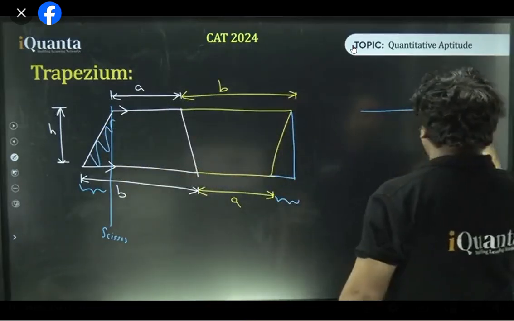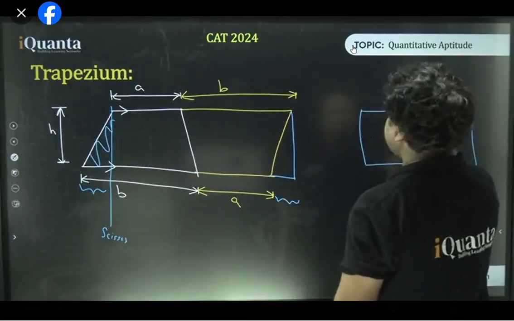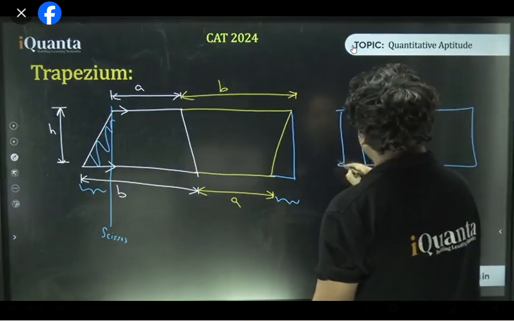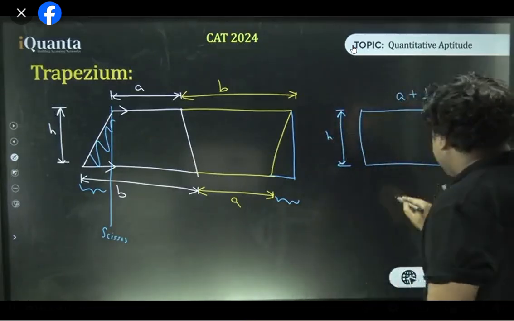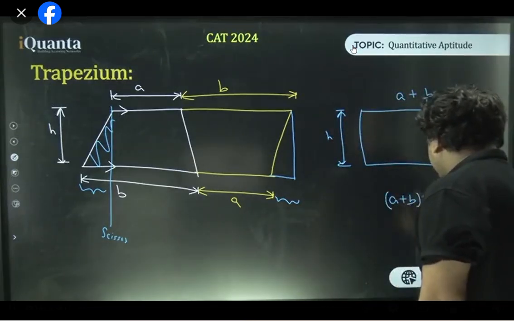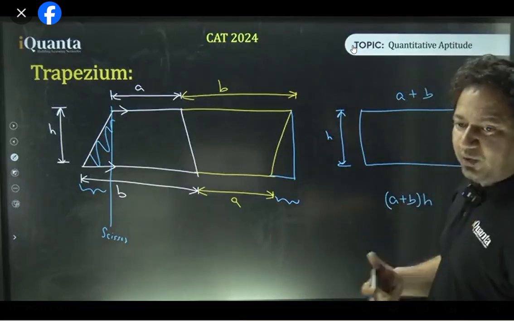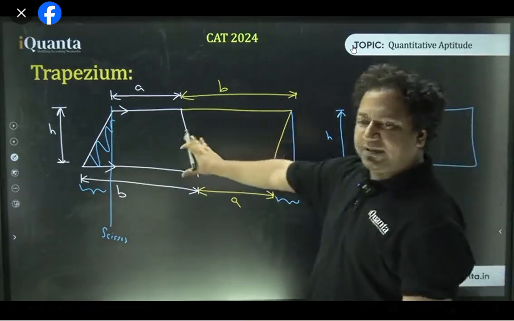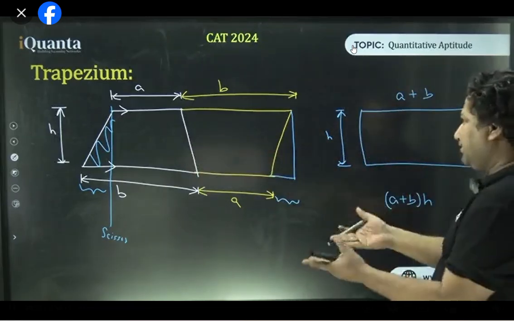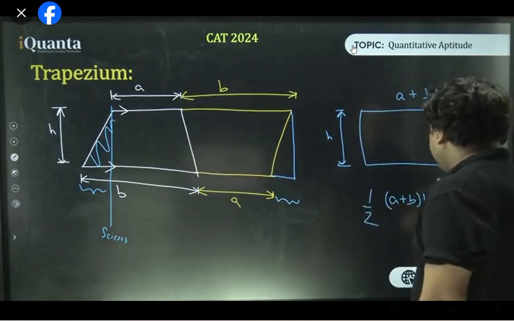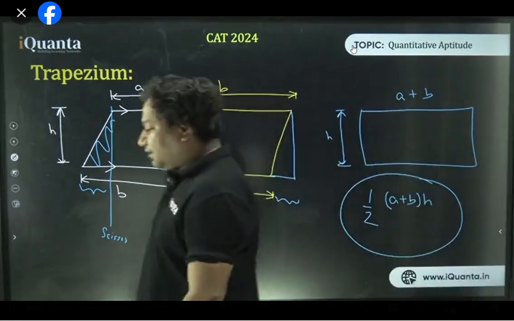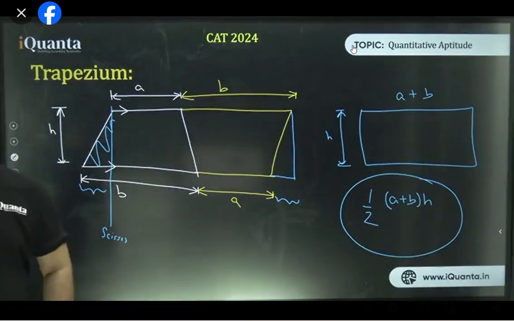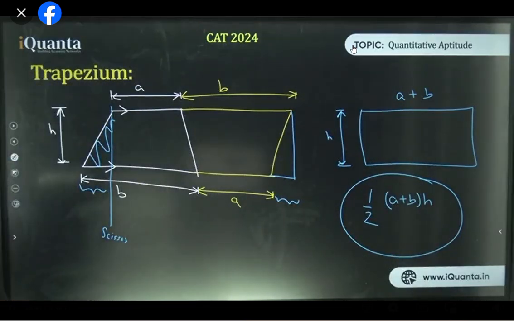So now I have a new rectangle like this, where the length is A plus B, and this breadth is H. So area of this rectangle will be A plus B times H, isn't it? But originally ये इसका half था. ये मैंने कैसे बनाया है? How to make it? By taking two such trapeziums. So I got the area. Initially it was half. So the original area will be half of A plus B into H. You must have read the formula which says half of sum of parallel sides multiplied by height. Now you get the idea.